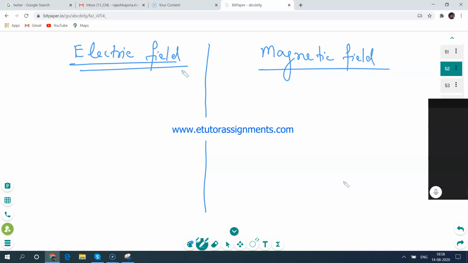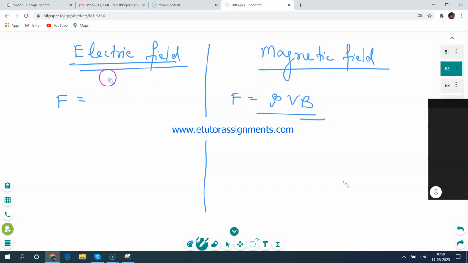If a charge is moving, will the force work or not? Please tell me. Yes, the force will work. Sambit, for the magnetic field, if the charge is stationary, will the force be there or not? The charge is stationary, no, the force will not be there. Yes, for a magnetic field it is compulsory that the charge should move. Yes, sir.